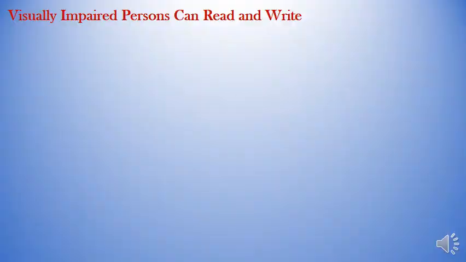Do you know that visually impaired persons can read and write? Some persons can be visually impaired since birth, or a few may lose their eyesight because of disease or injury. Such persons try to identify things by touching or listening to voices more carefully. They develop their other senses more sharply. But if we give them certain kinds of aids, these will improve their capabilities.